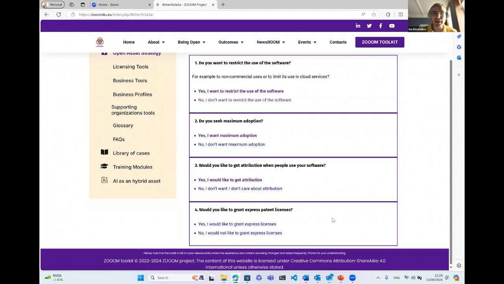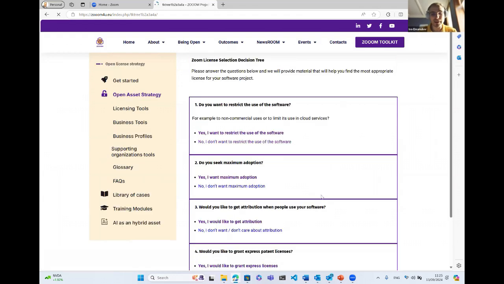So for example, if you're a company that has one or two patents that your software might somehow read on, then you might think, do I actually want to grant a patent license to whoever's going to be using this software, so as to make sure that their path is clear of any potential patent infringement or not. And let's say that in our case, we want to do this because some licenses do have such express patent grant clauses and some don't. So let's say that we have one patent, for example, and it's somehow related to the software we're releasing. So we want to be friendly and we want to grant an express patent license